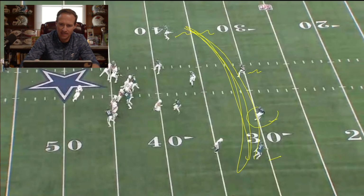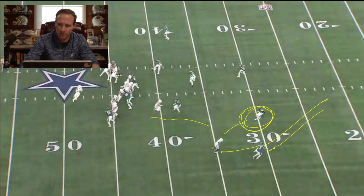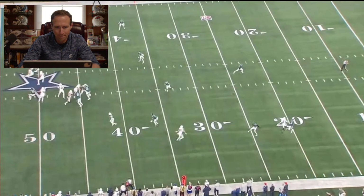A lot of times these safeties will have different rules, just depending on what the route that's being thrown at them is. When this guy pushes to a post and you feel some sort of a threat here, at times this guy will grab that, which is exactly what happens. Slay, they trust, obviously one-on-one with anybody. So they're going to let him run with the post, which he plays over the top, plays it well. So then from there, I mean, look,